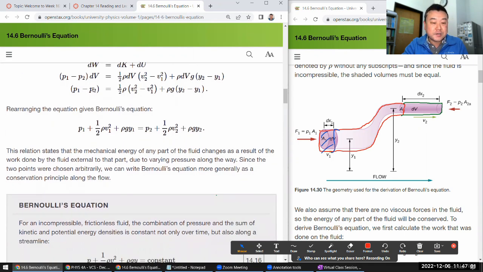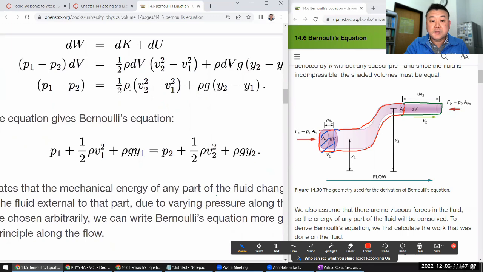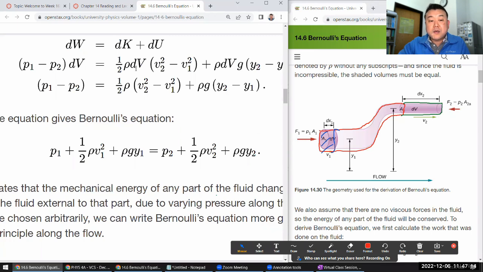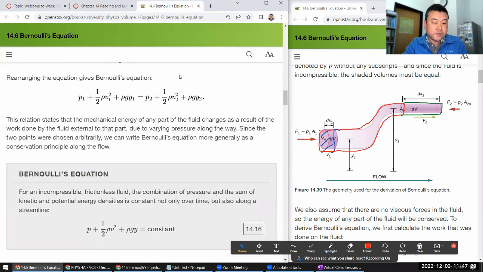So the difference in pressure is equal to, and this is really the reason for introducing density in this context, because if you just kept this as mass, that's the simplest form it will remain. But by expressing mass as density times volume element, you can cancel out the volume element and have something in terms of a constant quantity. So when you rearrange this equation, that gives you Bernoulli's equation, and